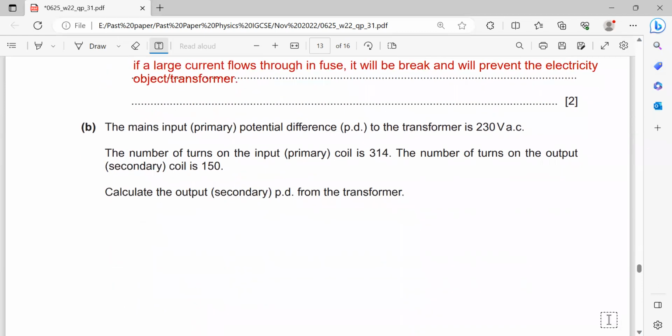Next, the main input or primary potential difference to the transformer is